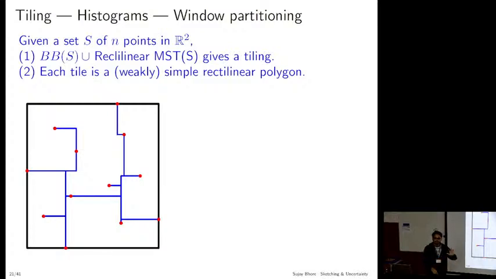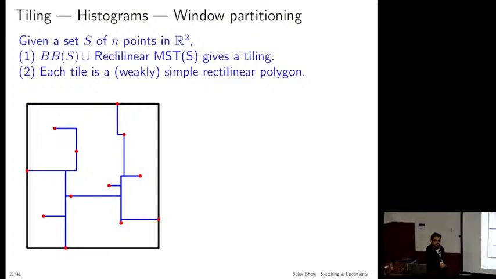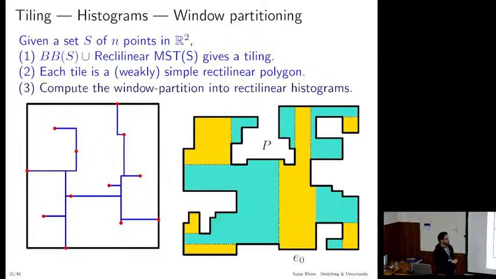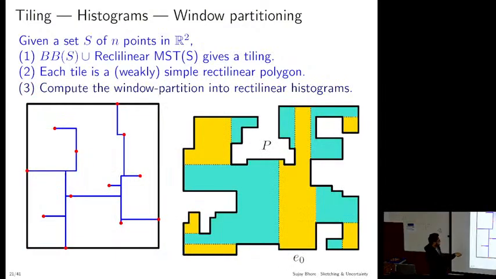I showed you the picture of a rectangular tiling, right? Who gives us the rectangular tiling? We actually have an MST. MST is not a rectangulation of the space. MST will give a weakly simple rectilinear polygon. So it's very tempting at this point to say, let's just extend it all the way. Let's make it a rectangulation. But if you do that, you get an extra log n factor. Okay? So we'll say, we're not going to do that. We will do a histogram partitioning of this. We'll break it into more complex spaces than rectangles. But the moment we move away from rectangles, the shallow light tree is gone. Shallow light tree is defined in the single source setting in a very simplistic form.